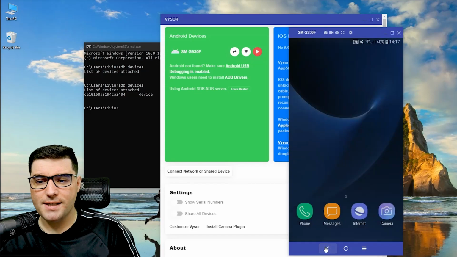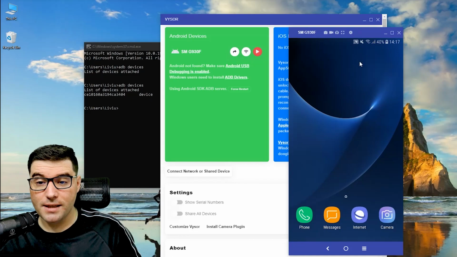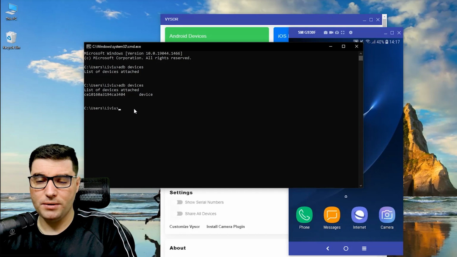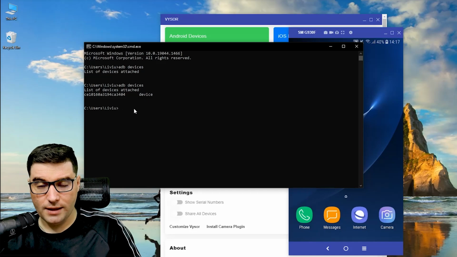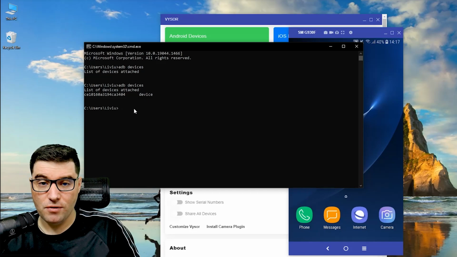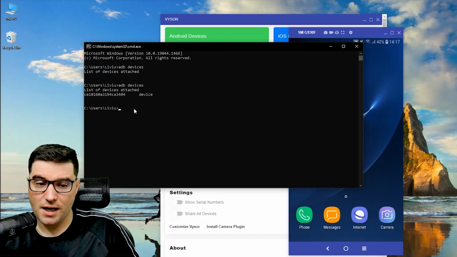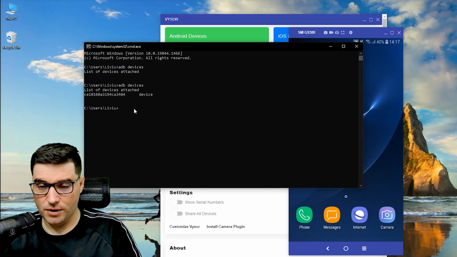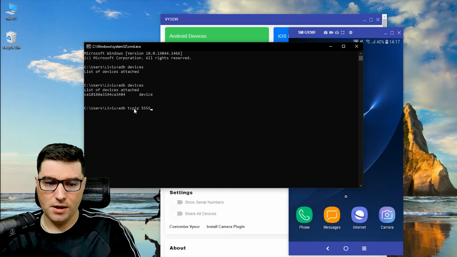But I said that I want to do this wirelessly. So in order to do that and still be able to use Visor, you must first open up a TCP port on your Android device in order to accept incoming wireless connections. So for that, this is actually why you need a USB cable in order to connect your phone to your PC the first time, connect it to ADB, and with the help of ADB to activate the TCP port. So the command is ADB TCP IP, and by default it's going to be